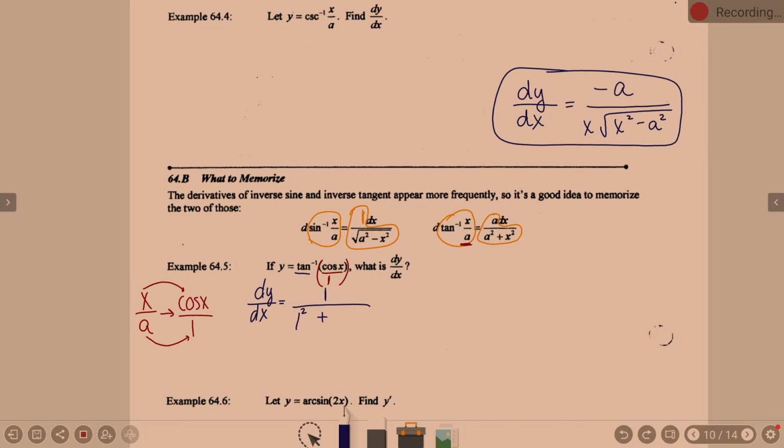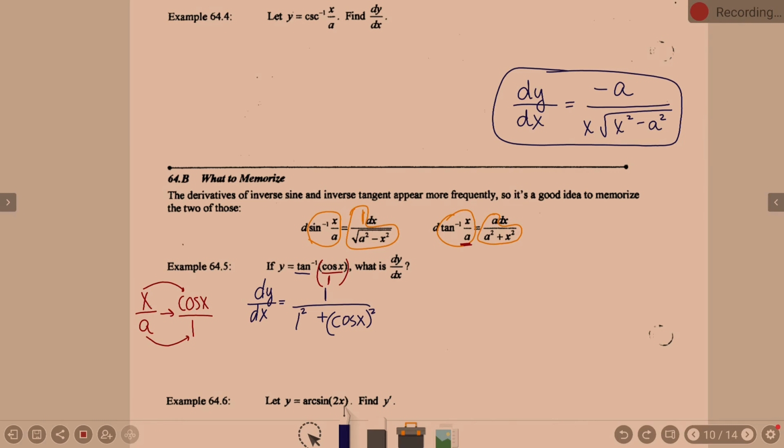Plus, what is in the position of x? The position of x is cosine x. So since it was a squared plus x squared, I'm going to say 1 squared plus cosine x squared. Why did I write it like that? Oh well, I did. That's why. I just did. Now, okay. What? That's like a triangle. Now,